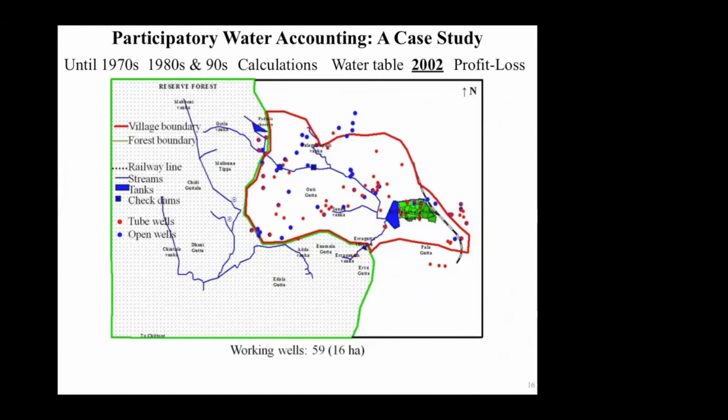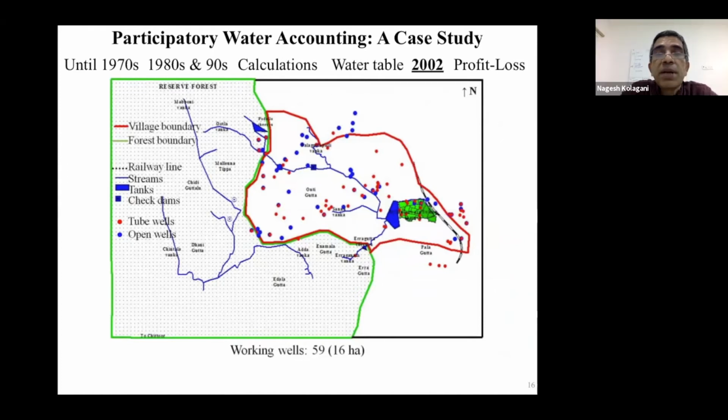So what happened is, by the time 2001 came, we hit 600 feet. We couldn't go any deeper, and suddenly the whole bubble burst. Till then, people were thinking, okay, we'll keep going down. It will cost more money, but we can at least get water. Whereas the moment you hit the hard rock, you can drill deeper, but you won't get any water. From 76, the number went up to 198, and suddenly crashed down to only 59 working. Some of them are in the low-lying area, some in the upper area.